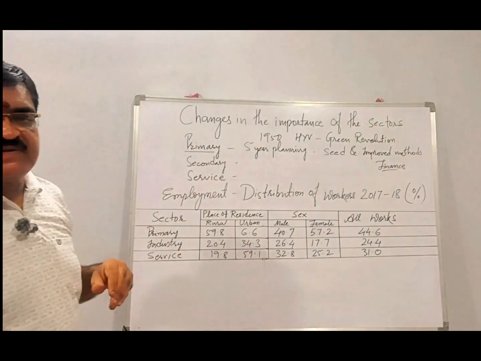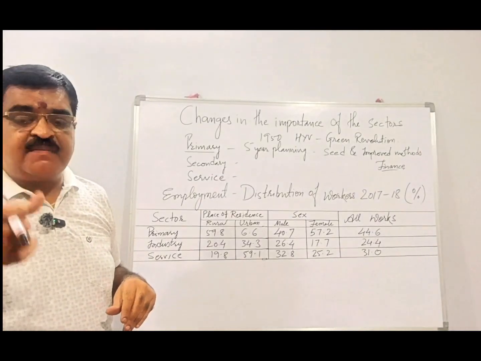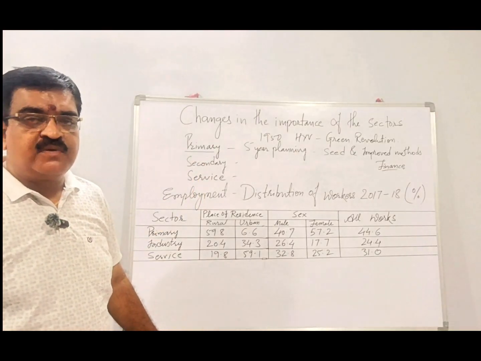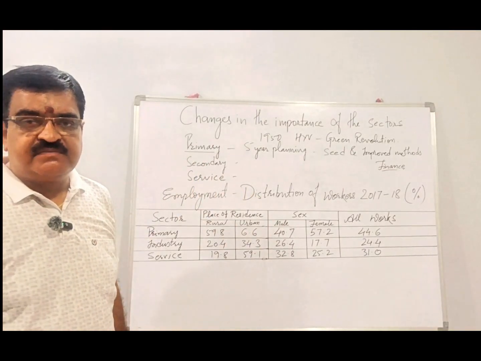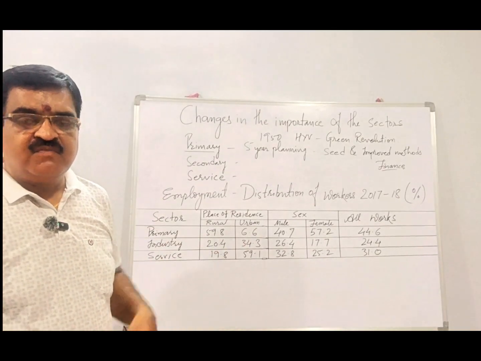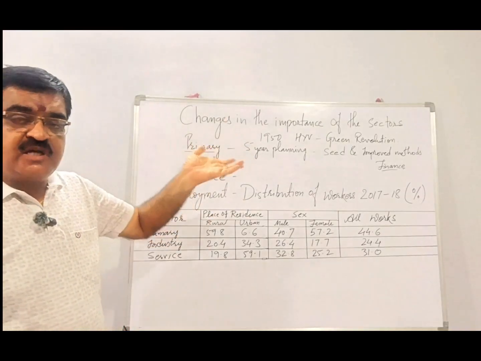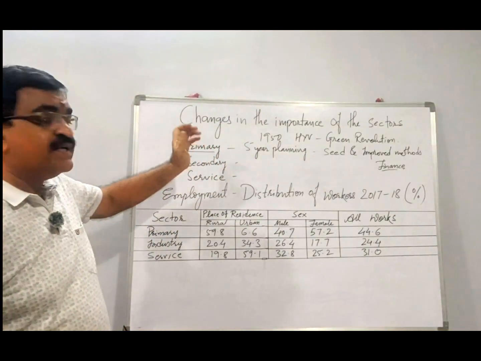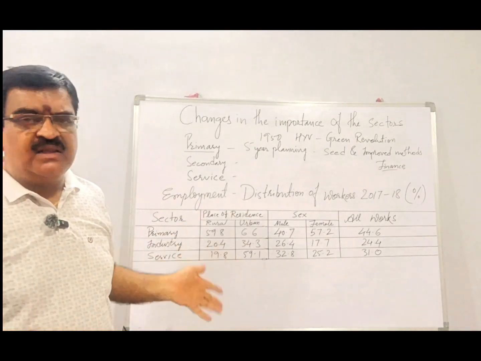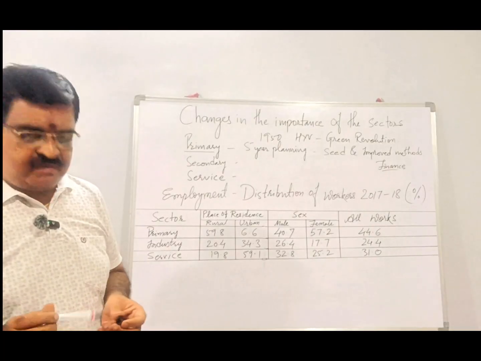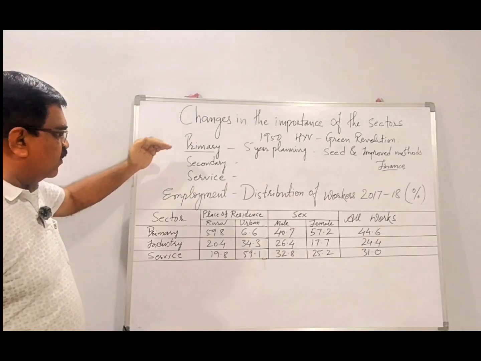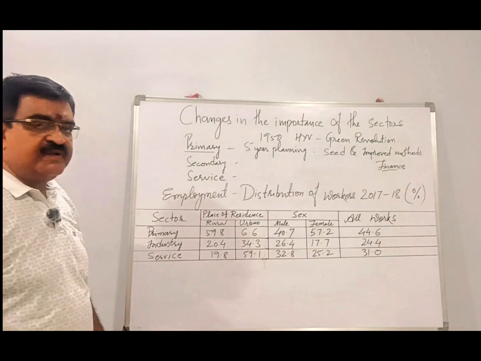After some 43 years, the condition of the primary sector has improved, the secondary sector has improved, and the service sector also has improved. Now you can see the harvester working in the fields. You can see the tractor working in the field. Previously, most of the people of the primary sector were working with traditional methods, the old methods, bulls and wooden plows. But now they are adopting improved technology, and now the condition of the primary sector has also improved.